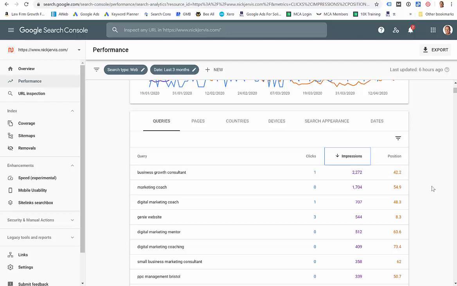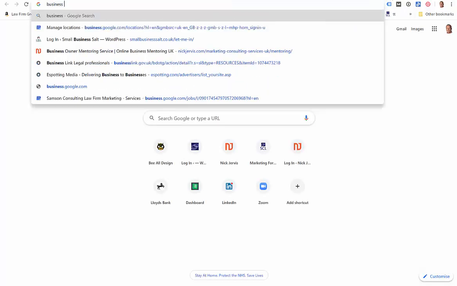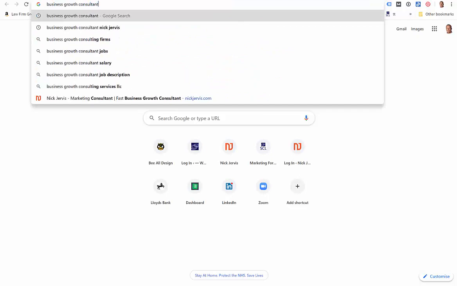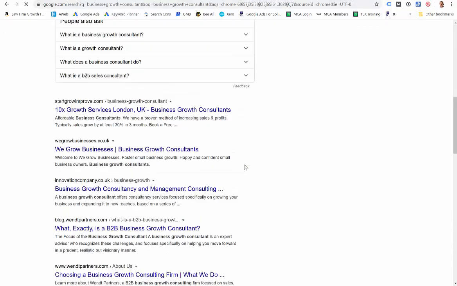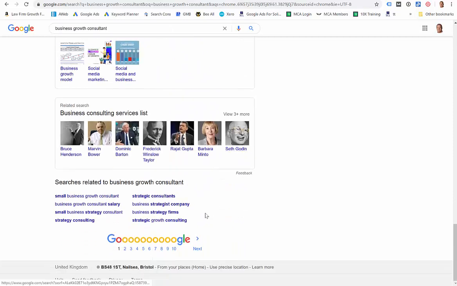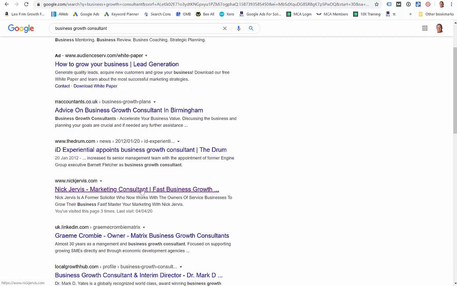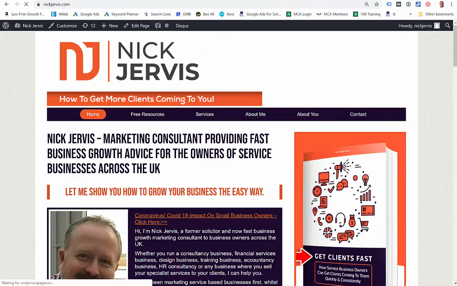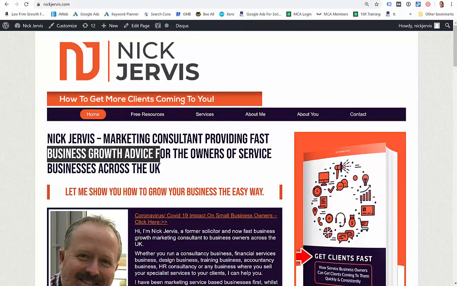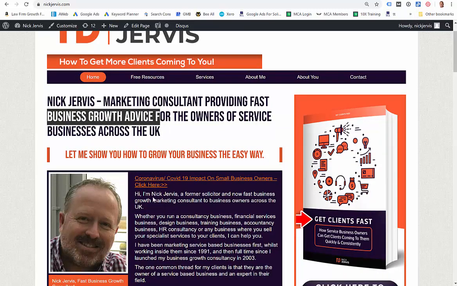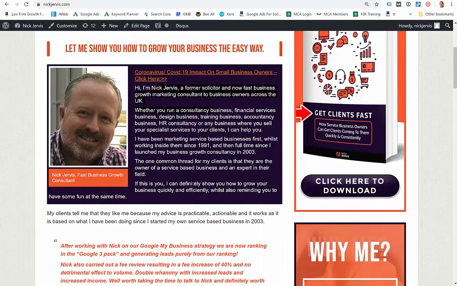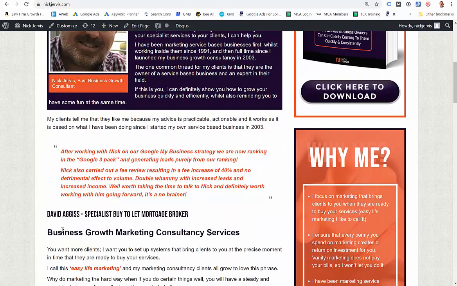Now, the reason that's important is if I go to Google and do a search for business growth consultant and try and find myself in position 42, should be here or thereabouts. Now, I go to this page, and then what I'm looking for is if I want to target that term, say I do, then what I need to do is make sure that the search term business growth consultant appears in the first introduction. It should appear in here, and it should appear throughout the page